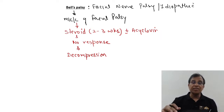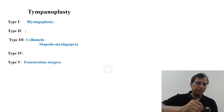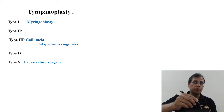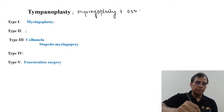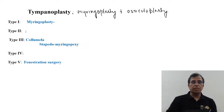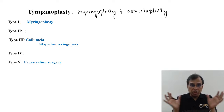And then we talk about surgeries. We have mentioned two surgeries, sometimes myringoplasty and MRM and all that. We'll discuss two important surgeries. One is tympanoplasty. You know what is the meaning of tympanoplasty? Tympanoplasty is a surgery where you do myringoplasty plus you do ossiculoplasty. So when you do both these things, tympanoplasty is when you do myringoplasty plus ossiculoplasty, the common name for these